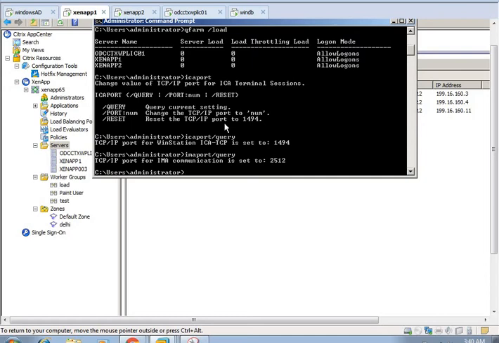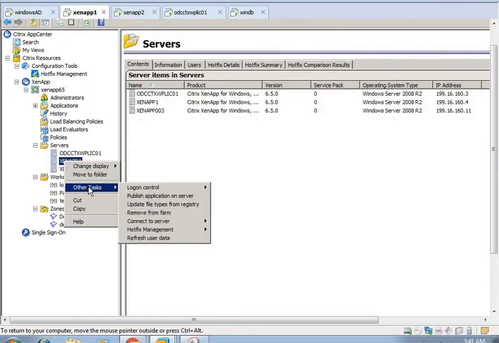In case a number of users are logged into the server and you are getting a 10,000 load, it means the server is on full load. At that time, first you need to right click on the server, disable login, and always choose prohibit logons and reconnections.